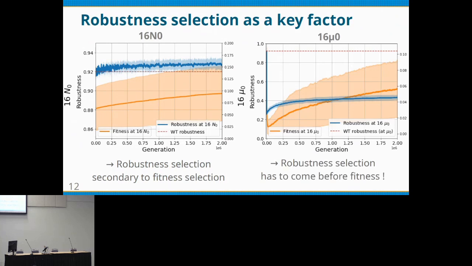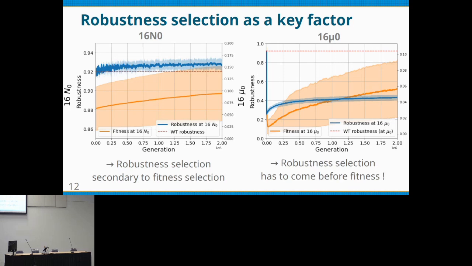And it's very different what happens when we look at the increase in mutation rate. Because when we increase the mutation rate, we suddenly have a huge drop in robustness, because all of a sudden you have a lot more mutations than expected. And that is followed by a drop in fitness because you have a Müller's ratchet effect. Since you cannot transmit your information faithfully, you cannot select it. And then we have to regain first some robustness, at least, to be able to regain some fitness and